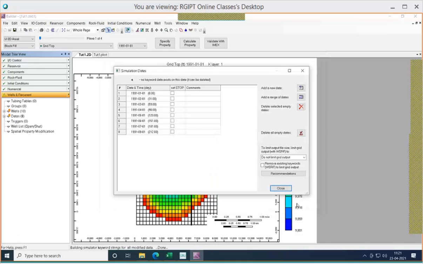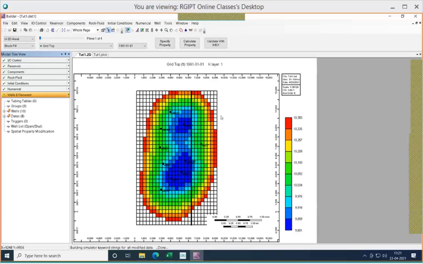Okay, and these are the simulation dates. We can close this dialog box also. Now we have incorporated the production data as well. Now the next thing we need to do is create average monthly production well data, and create a field production history file also. Later we can use this production history file for the history matching application.